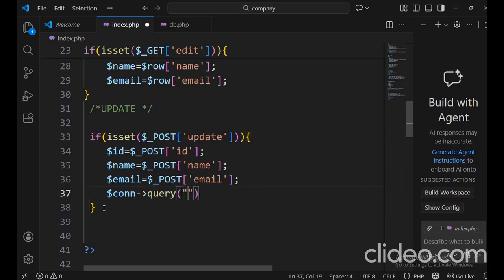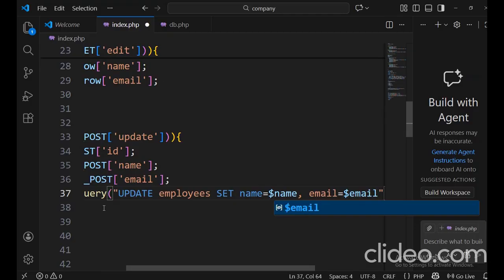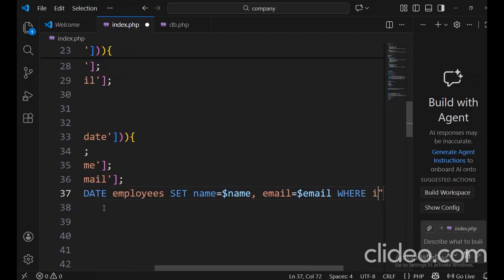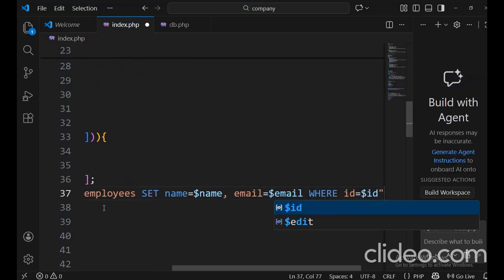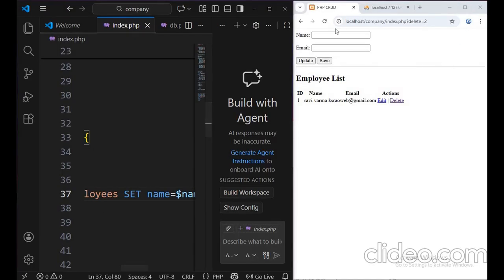query, update employees set name is equal to $name, comma email is equal to $email where ID is equal to $ID. Okay, yes, and now we'll check. Yes, now